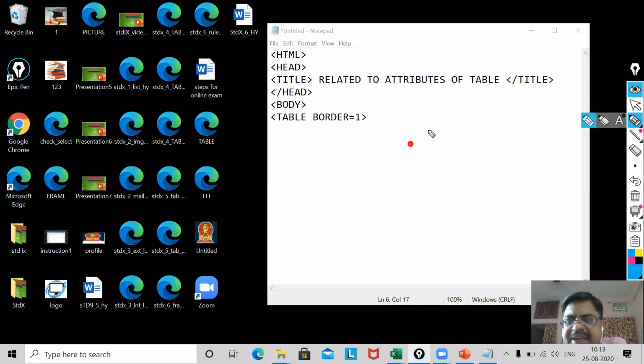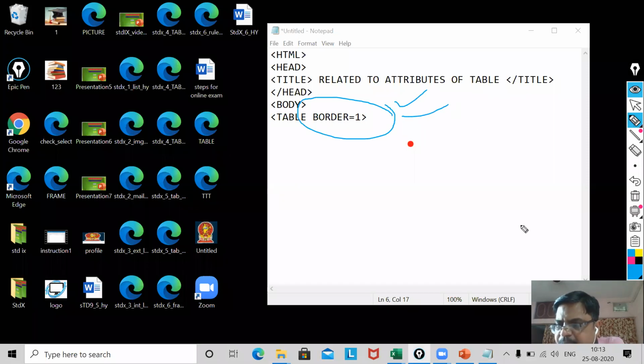Otherwise, there will be a problem, and even the person to whom you show the web page cannot understand whether it is a border or not, whether it is a table or not, whether it is a cell or not.